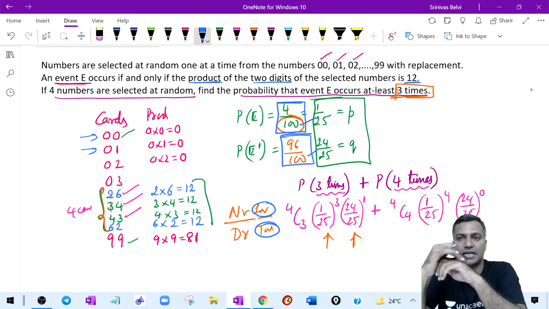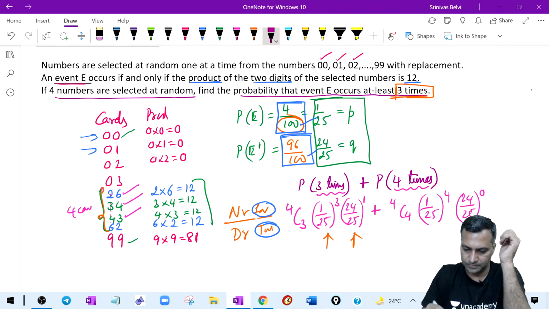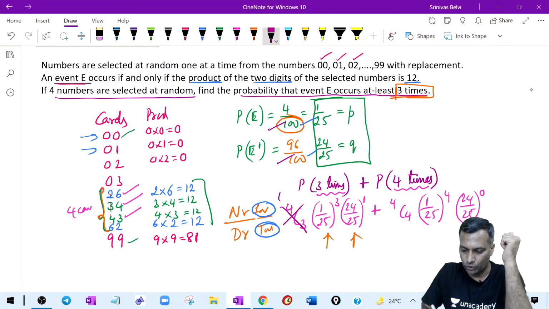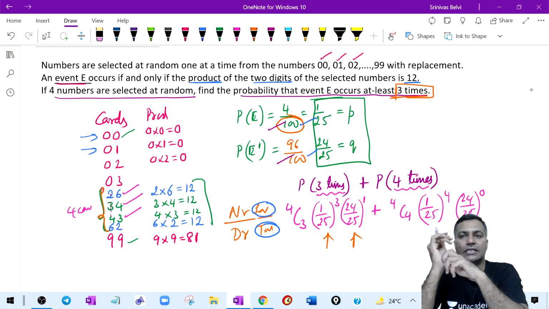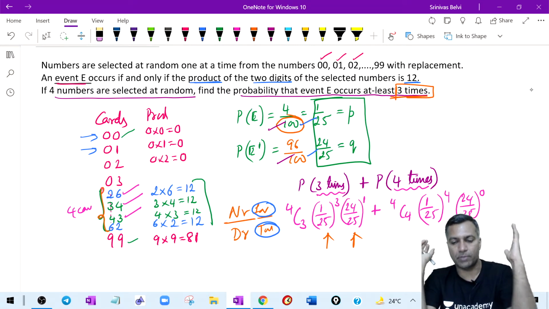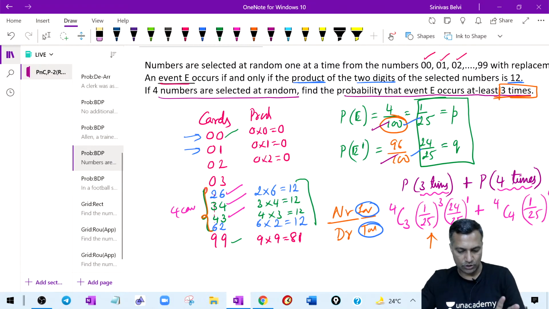Everyone, confirm. Is there clarity in what we are discussing? Parth, I think whatever I have to repeat, I repeated. You would have understood this 100 here, then the game is done. You got to understand that 100 has already been considered. You don't have to think about that 100 and write here 100C4. Not required. You are not writing favorable by total. You are writing the composite probability as a function of probabilities. Good, very good. That's another mistake people make. They forget to understand that point.